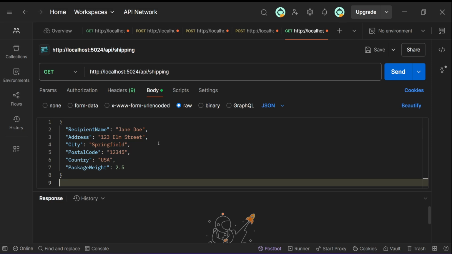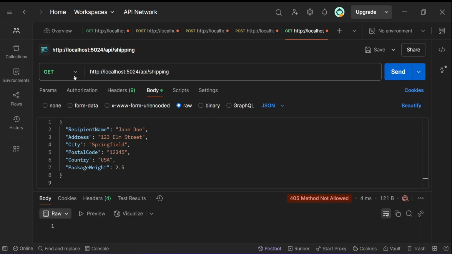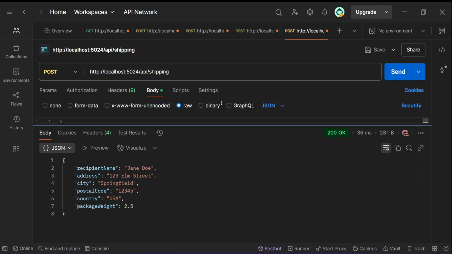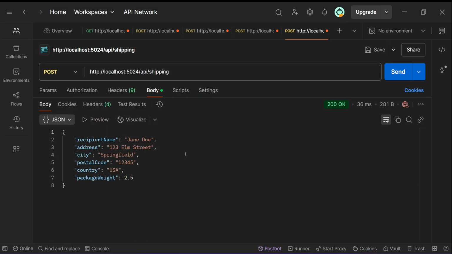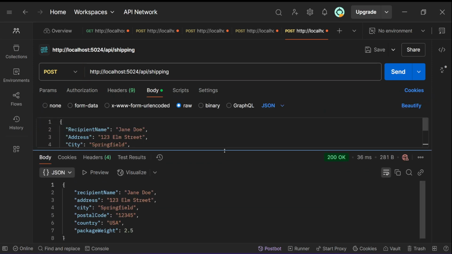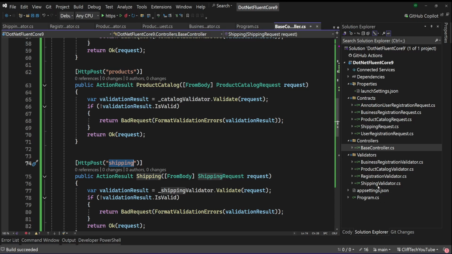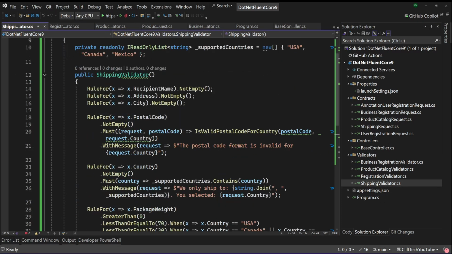I have the sample data, and this is the weight. So let's send. We make sure we do post instead of get, and now we get a response. So the shipping is also working. Let's go to the rule that we have for the shipping and make sure that we are making a mistake. So the shipping validator, one rule that we can check is that the